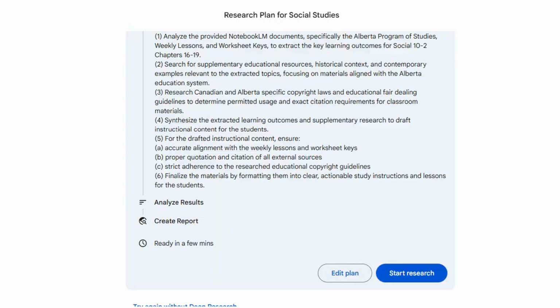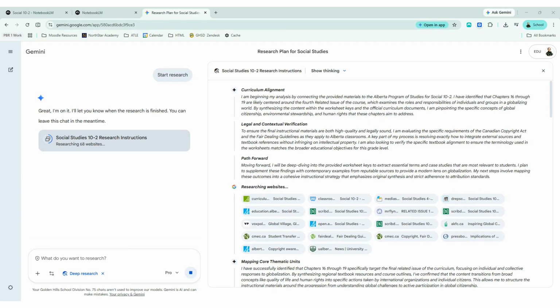And it will complete all this, analyze the results, create a report. It says ready in a few minutes. Let's see how it goes. The research is underway. One of the things I appreciate about the Gemini deep research is that you can see the thinking,